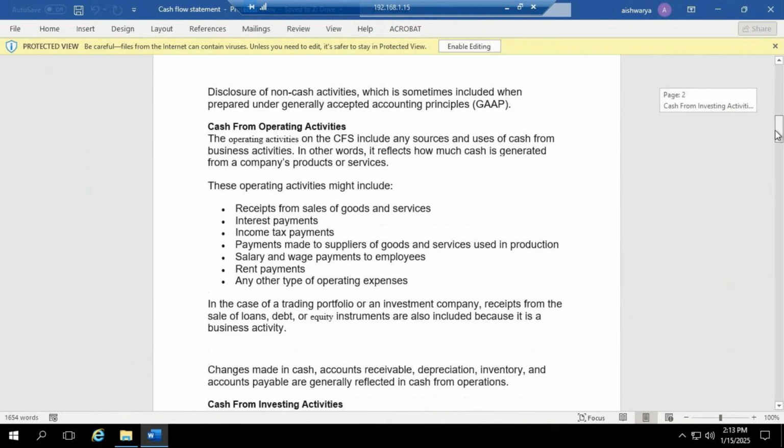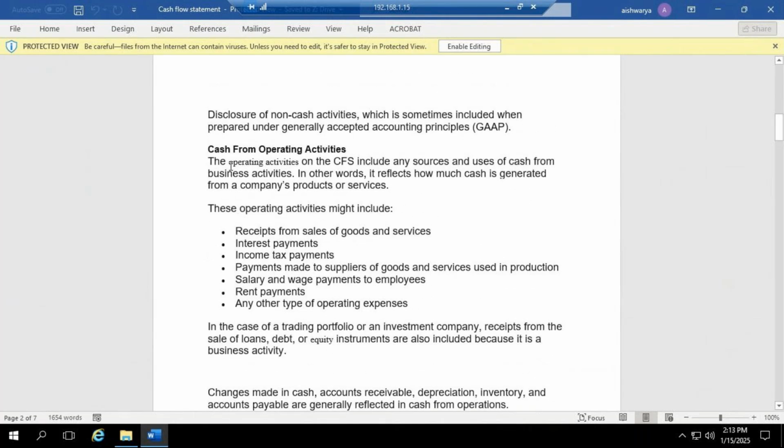No, ma'am. Okay. So cash from operating activities on the cash flow statement include any sources and uses of cash from business activities. In other words, it reflects how much cash is generated from a company's products or services. So these operating activities might include